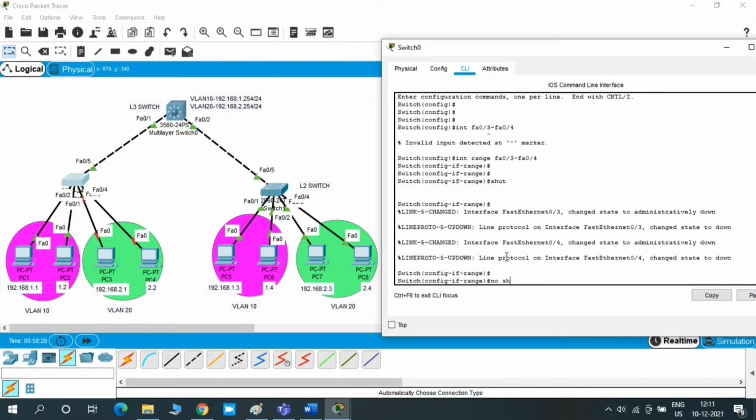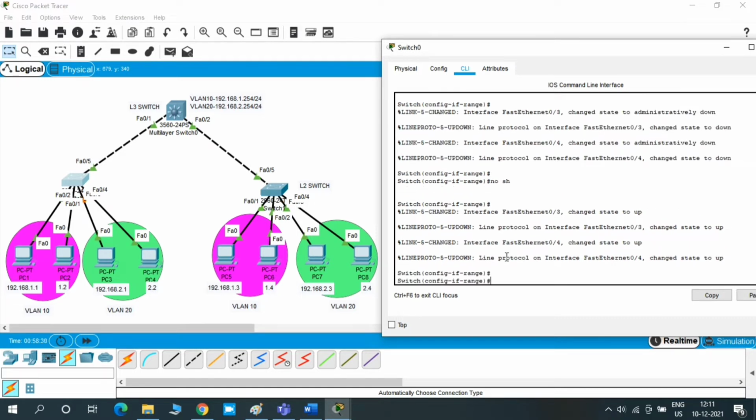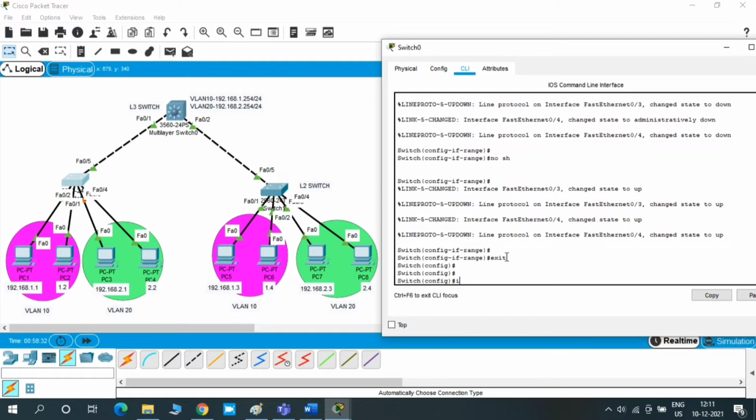Now we'll configure the PC1 and PC2 connected switch interfaces. Those two ports belong to VLAN 10 as per our requirement. Just give the interface range Fa0/1 to Fa0/2 command.